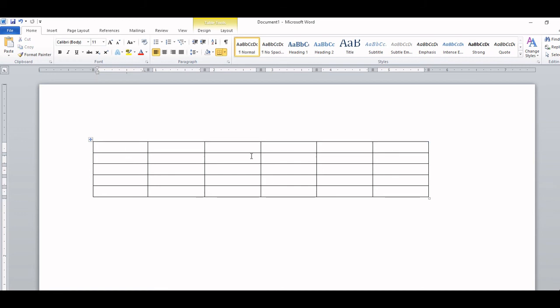Now next, which one I will show you, that is the split cell and the merge cell. So what will you do first? Suppose I am showing the merge cell. Merge cell means we will convert more than one cell into a single cell. We will merge, means we will join together. Suppose these 4 cells. So how many cells have I selected? 4 cells. Cell 1, cell 2, cell 3, cell 4.